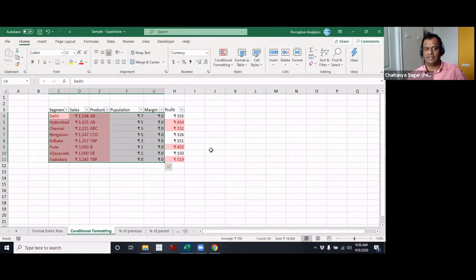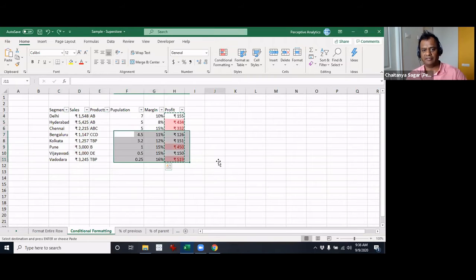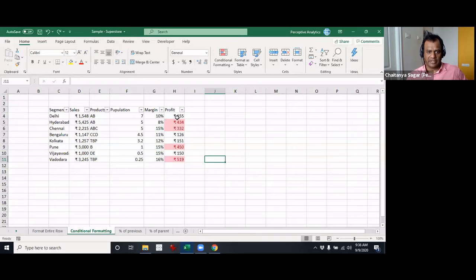We get a slightly different output. Here everything got sort of highlighted, because I think it's probably applying it to each of the cells, but I'm not so sure why these got highlighted. We can actually check that, but we'll not get into it right now, because that will deviate us from what we are trying to learn here. So now, to go back, we want to highlight all the rows that have 200 or more profit.